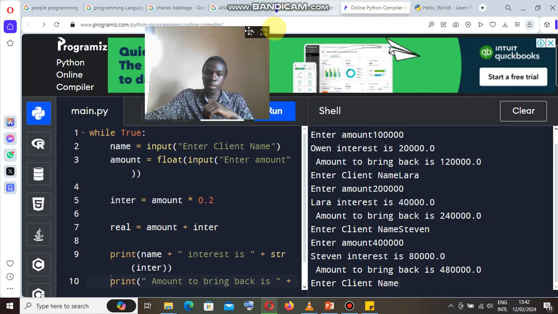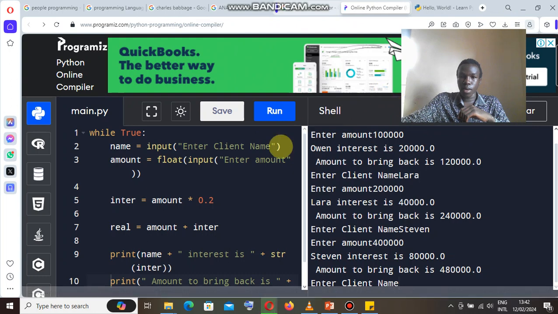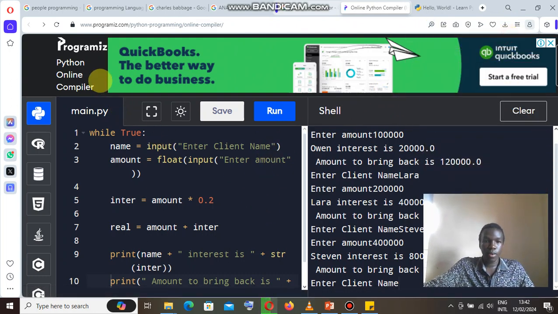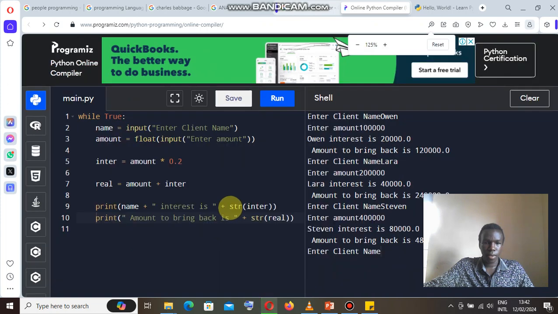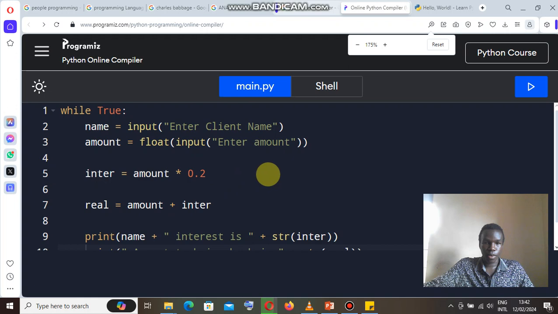So I'm going to end there, and this is our source code. You can copy it, go to an online editor, and use the source code to do anything you want.